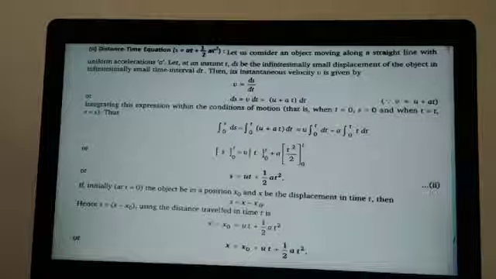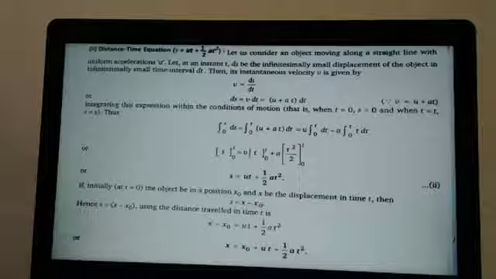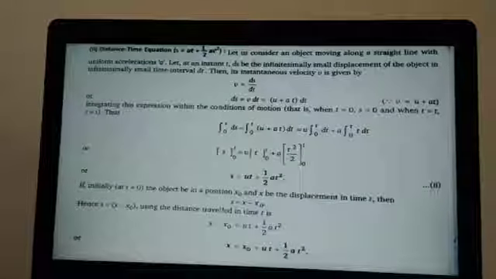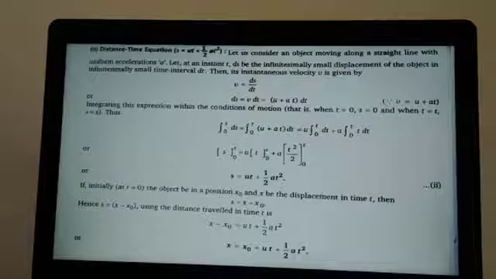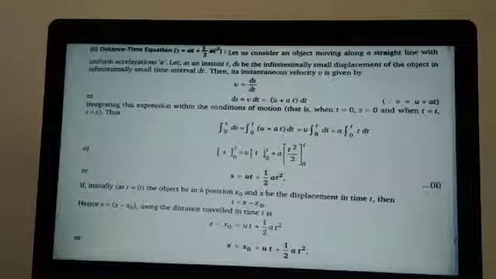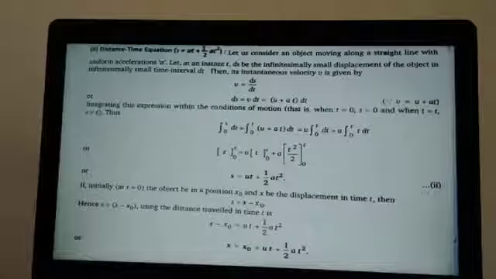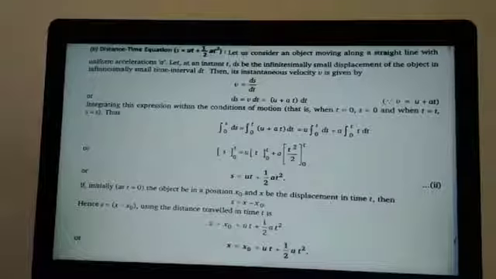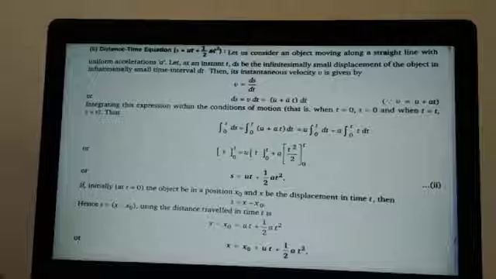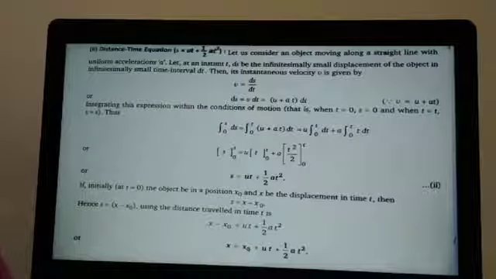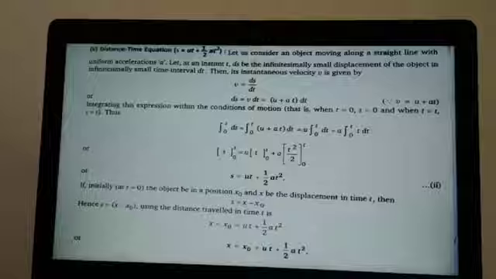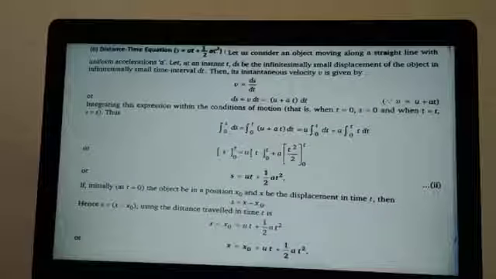Okay. So left hand side, when you are integrating ds, you are getting s. Integral ds will be s, and the limit from 0 to s, plus u into integral 0 to t dt. u remains there and integral dt will be t by applying the limit 0 to t plus a into integral 0 to t t dt. Integral 0 to t t dt will become t to the power 1 plus 1 divided by 1 plus 1, because integral x to the power n dx will be x to the power n plus 1 divided by n plus 1. So here it will become t square divided by 2 between the limit 0 to t.